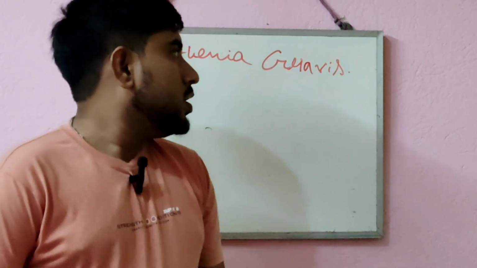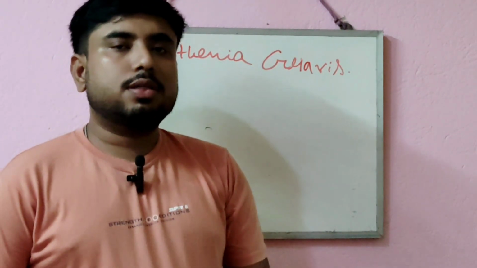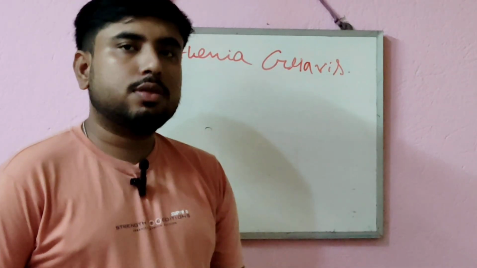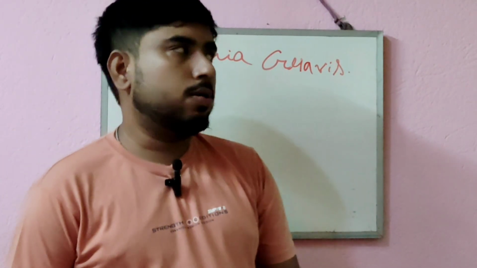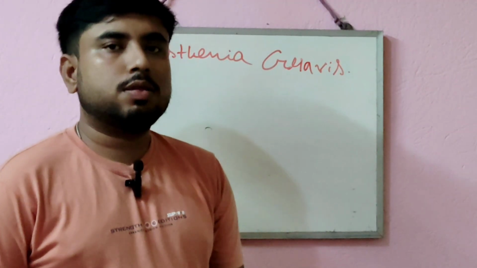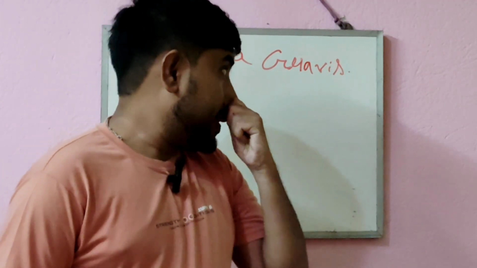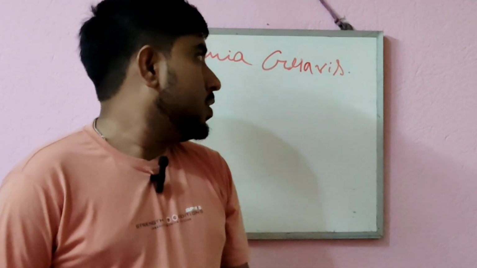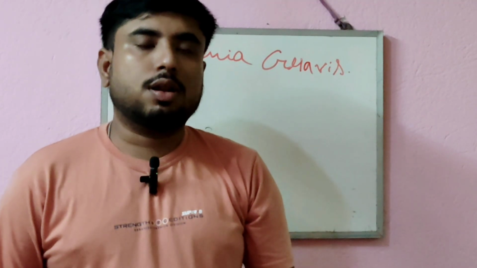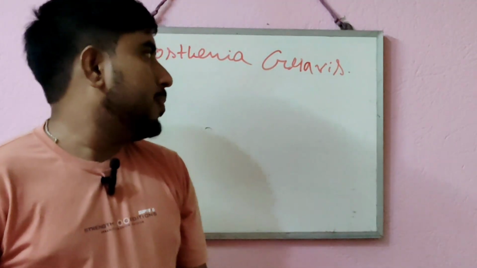Hello dear student, in the previous class I discussed glaucoma and told you that glaucoma and myasthenia gravis are two important terms that I have used in previous classes on sympathomimetic, parasympathomimetic, sympatholytic, parasympatholytic, etc. And I told you that I will discuss myasthenia gravis and glaucoma in a separate video.